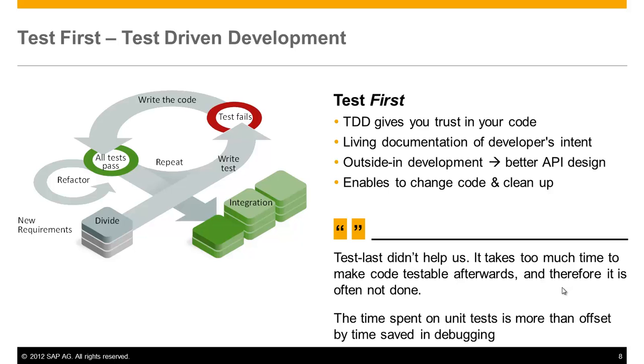Two interesting quotes about this from practitioners who have been doing this for a while. So one said that test last didn't help because it takes too much time or too much effort to make the code testable afterwards, and therefore it is often not done. This has to do with the design impact that testability of code comes when you develop it test-driven. If you don't, then it's very hard to add this later on, and we'll see in a minute more details